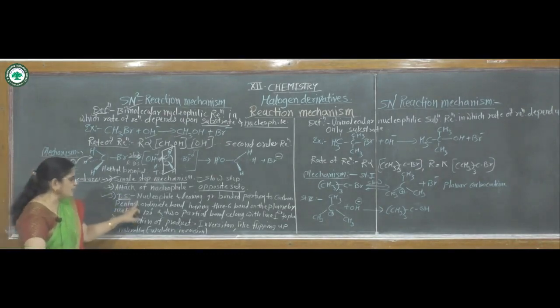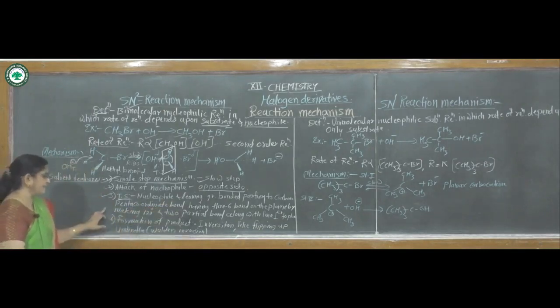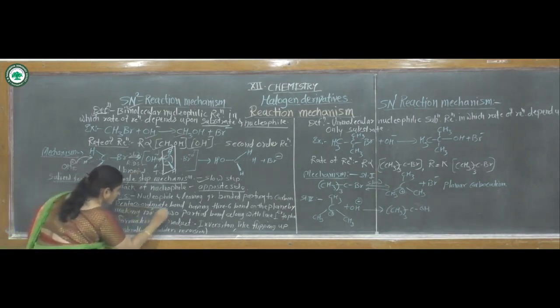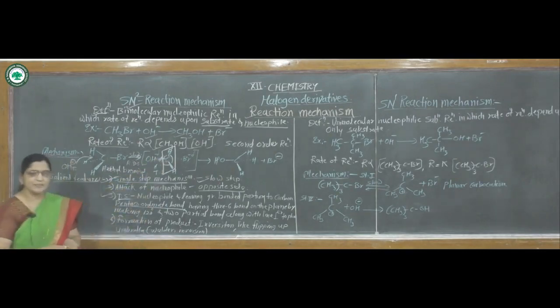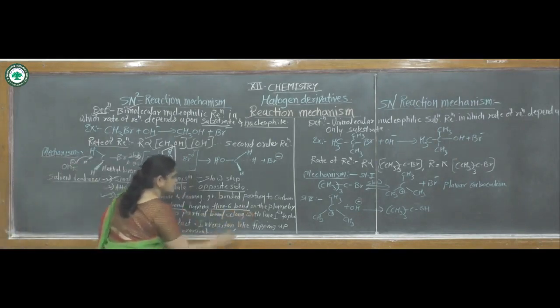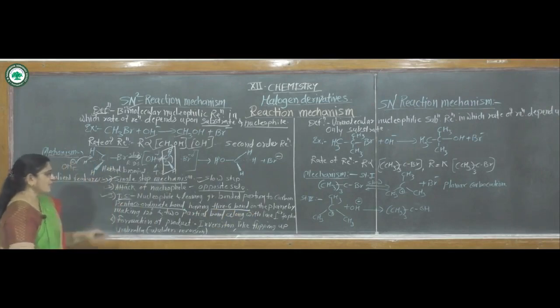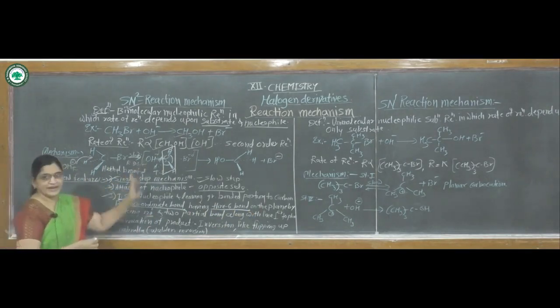In the transition state, the nucleophile and leaving group are bonded partially to the carbon atom. This is called a penta-coordinate state. This carbon atom is coordinated with 5 bonds, hence it is called penta-coordinate, having 3 sigma bonds in the plane making 120 degrees, and 2 partial bonds along a line perpendicular to this plane.